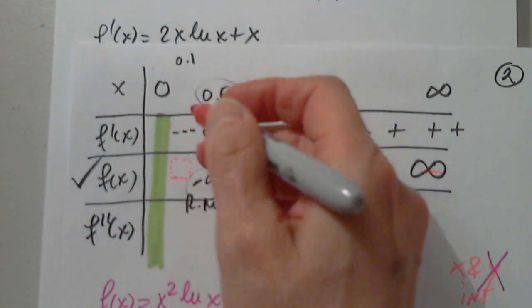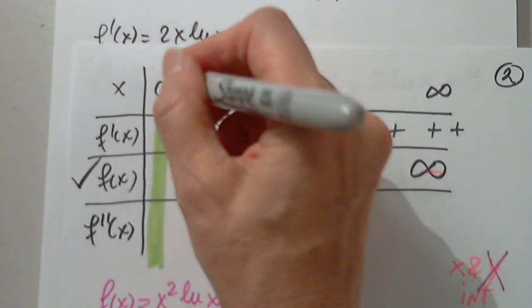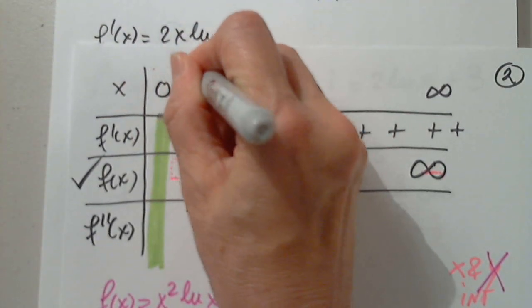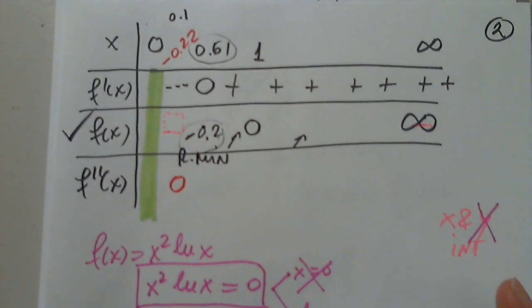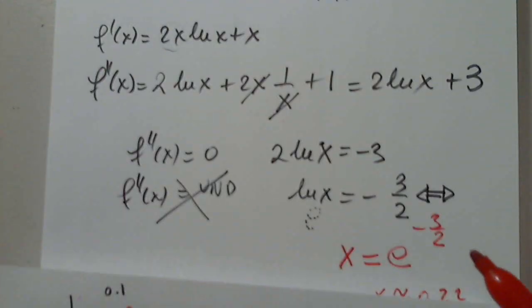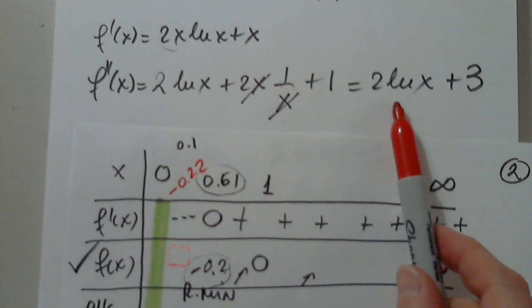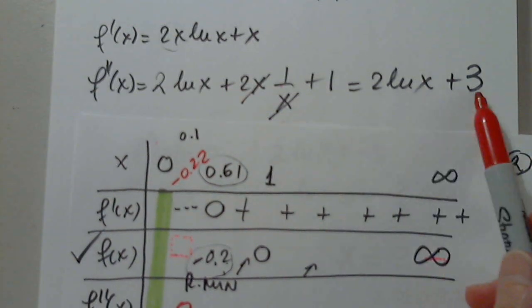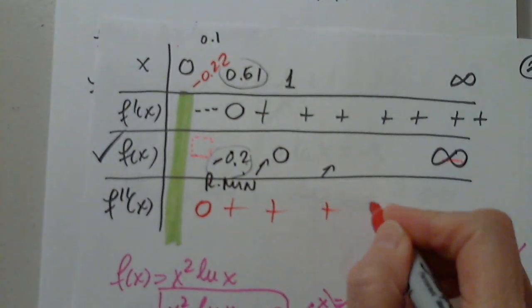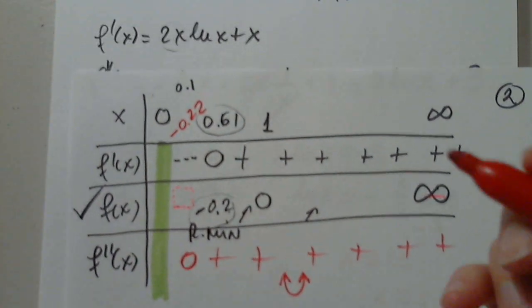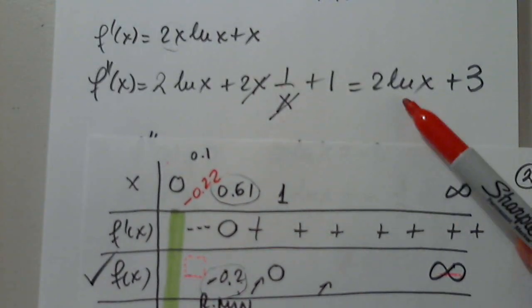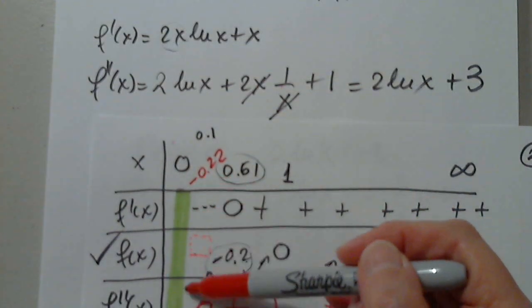So that I can mess up the entire graph, the entire table. Okay. I need to study the sign. When I plug in 1, this is 0, so the whole thing is positive. So the function opens up. But in the second derivative, I also have to plug in something like